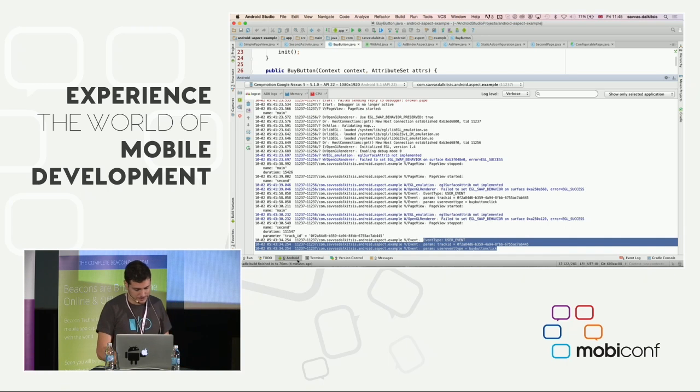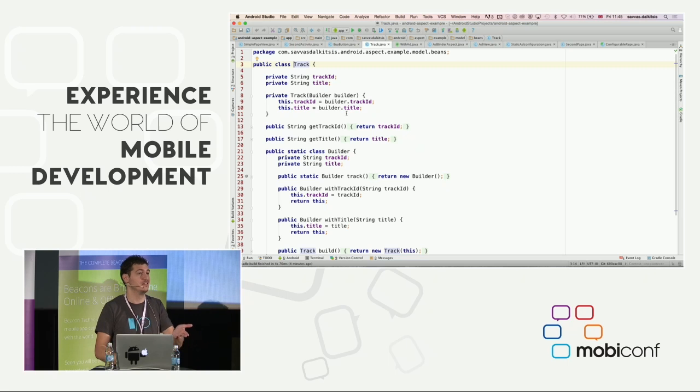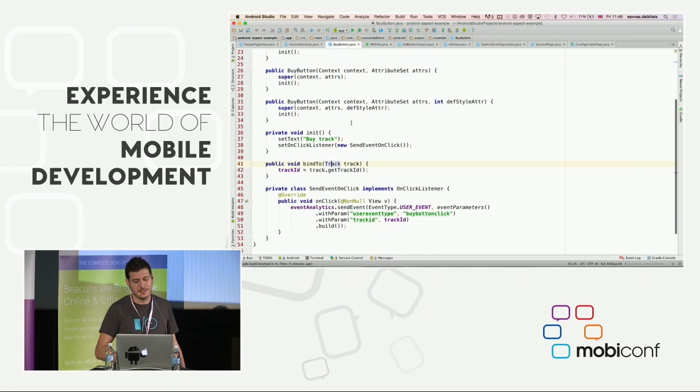So in this case, the button currently is bound to a track object. That track object is part of our model. It lives in pure Java code. It's literally just a bean. It has 2 strings in it. But now I have to pollute this with a screen name or whatever else might be required. It's a slippery slope. You think, oh, it's just a string, I'll just add this. We did that. We used to do that for a long time. And the more requirements come in, the more difficult it is to keep track of. And using your unit test as well, it gets really messy. Every time you have to add something, you have to go and change your unit test. It's a mess.